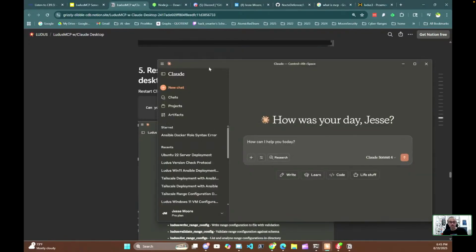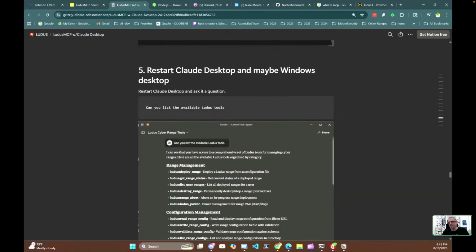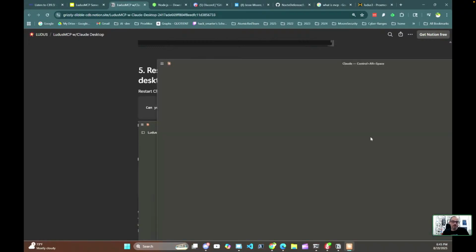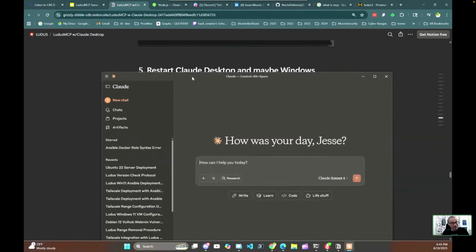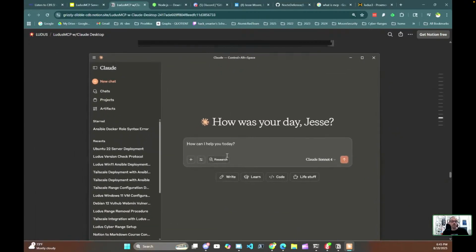So Claude actually has to be restarted. Up here, file, exit is the way I know how to restart it, and then I make sure it's restarted by looking at my taskbar and making sure it's not running anymore. Then I can double click on my desktop and get Claude to open up. And now it should be able to be talking to the LUDUS,